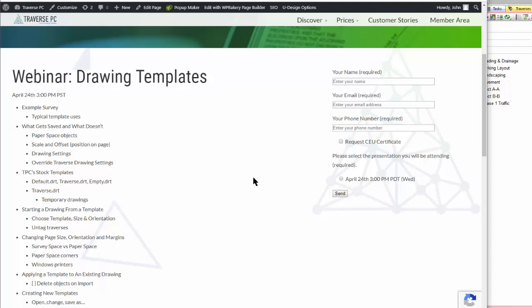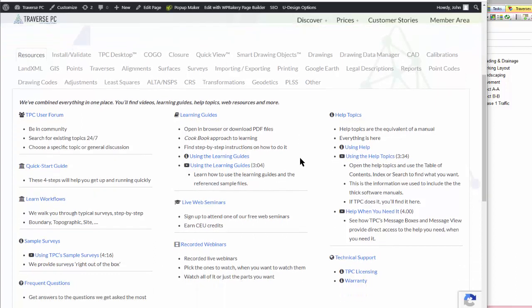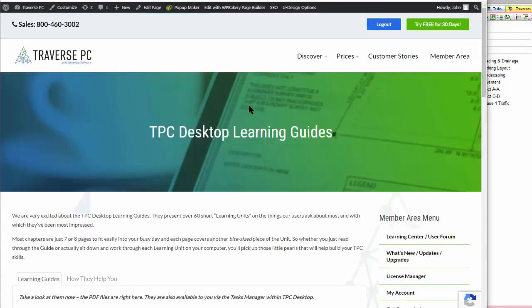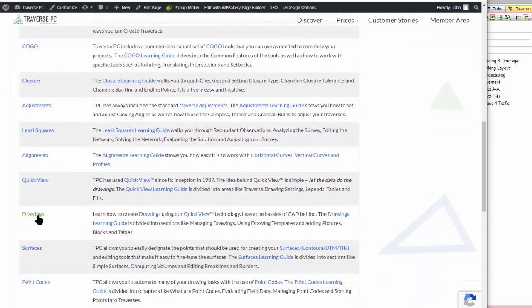Okay, let's start by taking a look at how you're going to learn about drawing templates in Traverse PC. I always take people here to the Learning Center. I want you to know that there are learning guides. So right off the bat, I can go into the learning guides. They're available from the program, or I can come here at the Learning Center. And if I go down to the Drawing Learning Guide